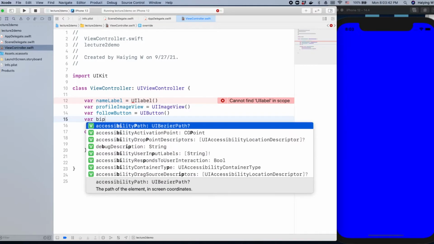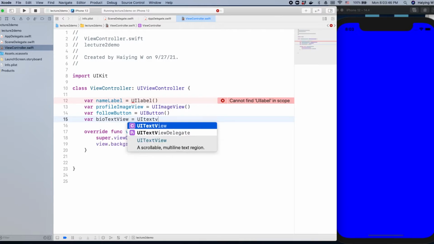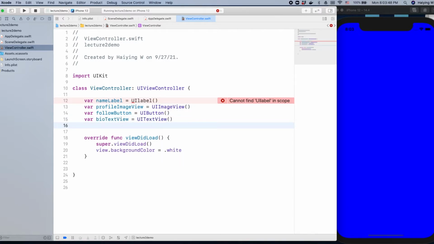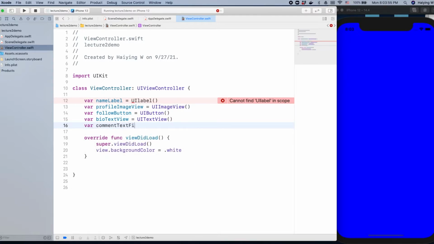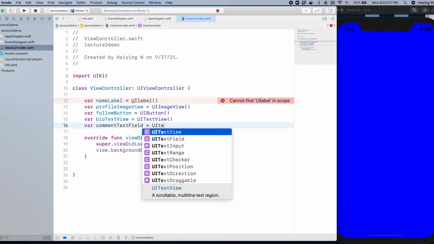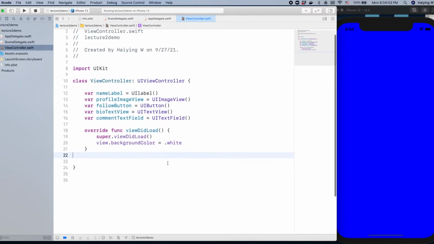And then also a bioTextView. And then lastly, we have a commentTextField. After you instantiate all of these classes,